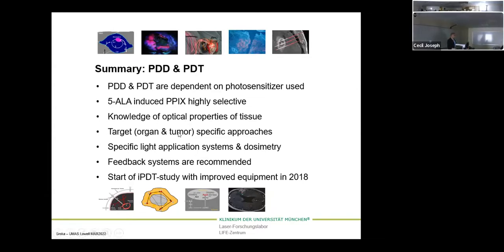Every organ or every tumor needs a specific targeting approach. So in this case, we use a stereotactic approach, which was really, really tough to develop together with companies and also with the clinicians, what they have and so on. This takes roughly 10 years. We need specific light application systems and a specific dosimetry concept. Regarding these light application systems, we need these class 3 products, especially for brain. These feedback systems are recommended, so the spectral online monitoring is really, really necessary,